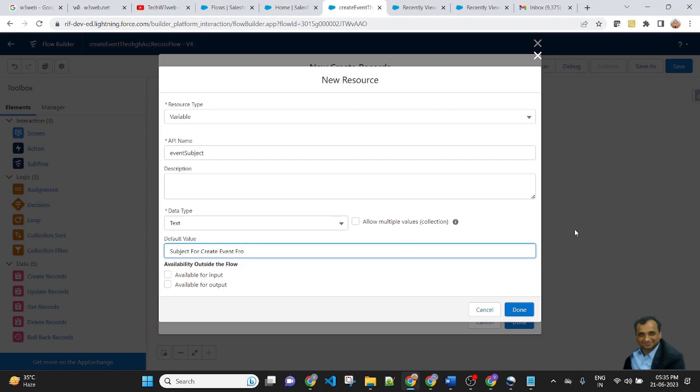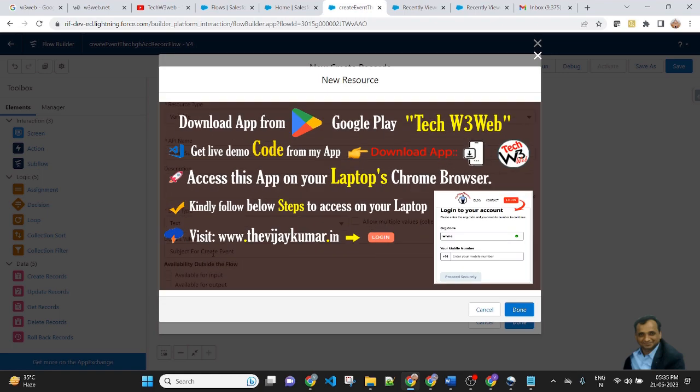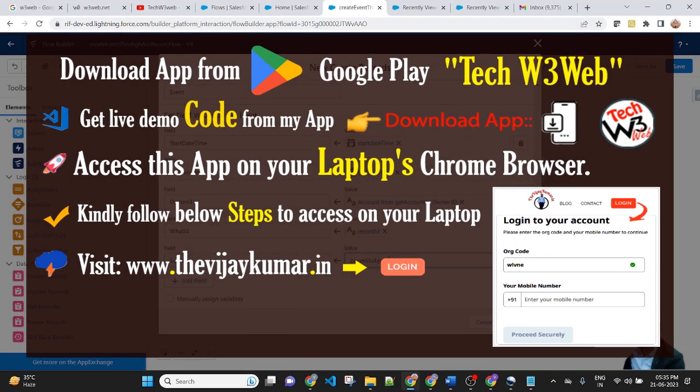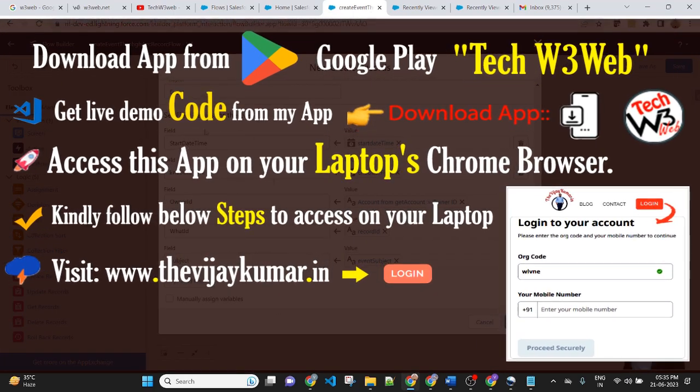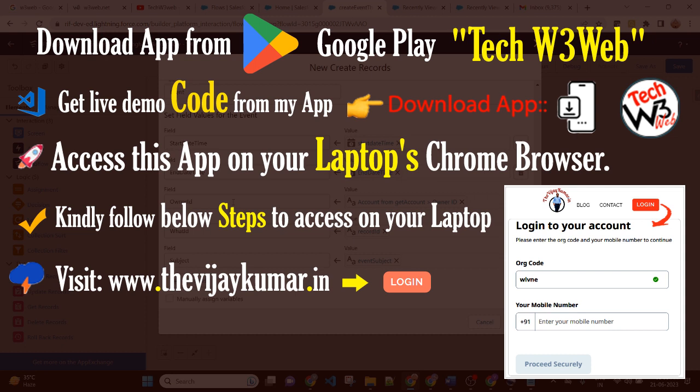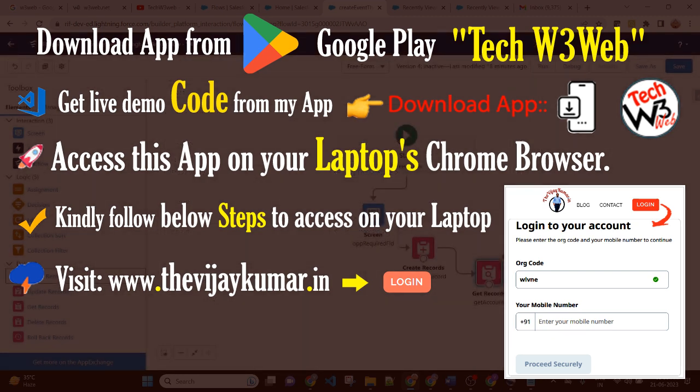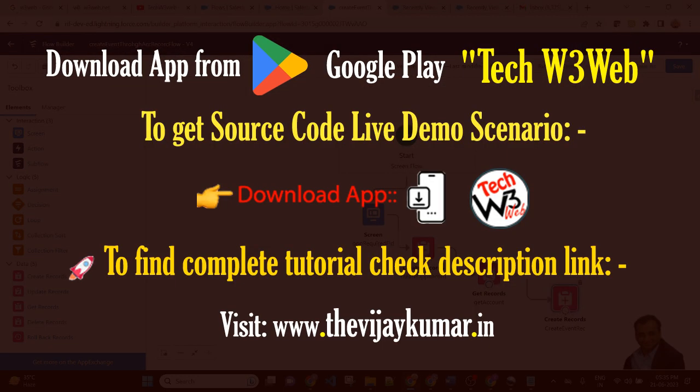I am passing the default value here. Then done. So I am passing the values of start date, end date, owner ID, what ID, and subject to create an event. Then done. Then connect the arrows. Then save it.